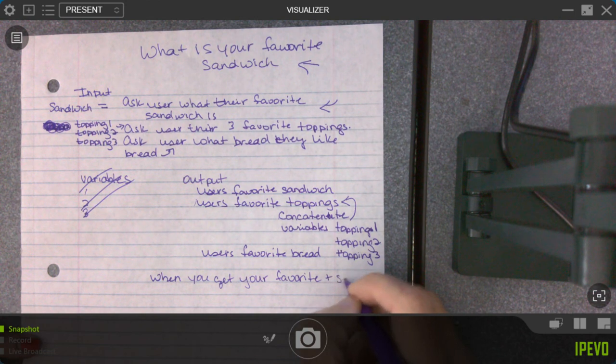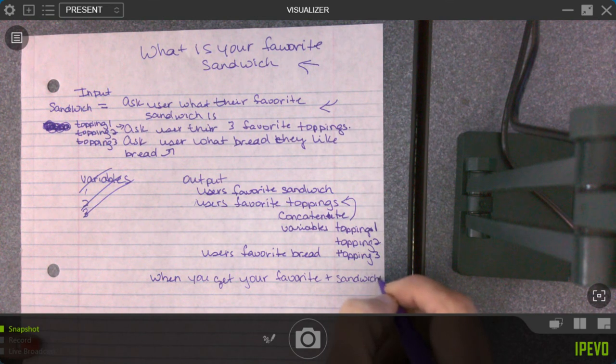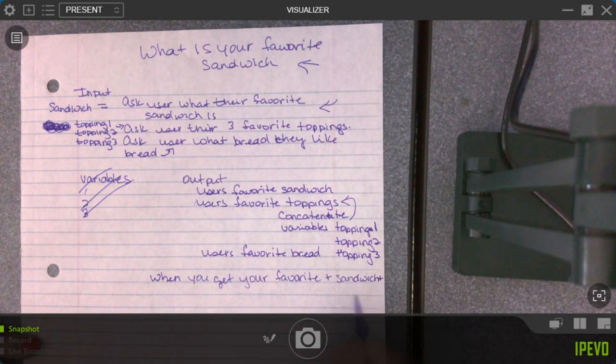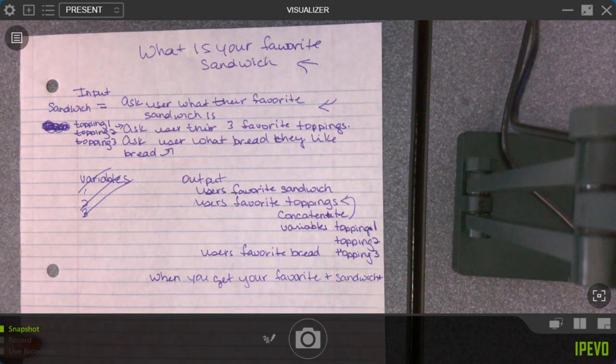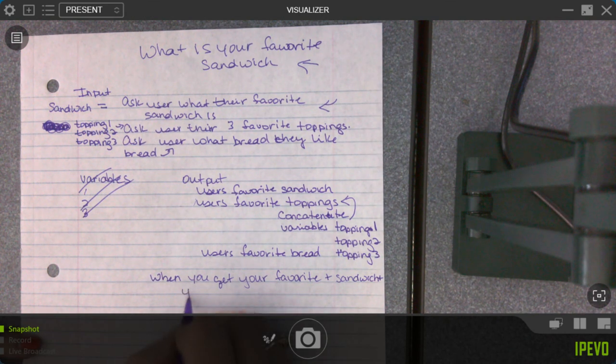I'm going to concatenate again so I can show it again that I know what I'm doing. Okay, when you get your favorite sandwich, as you're going to put in here, okay, I'm going to concatenate again because I'm going to just add my plus signs,